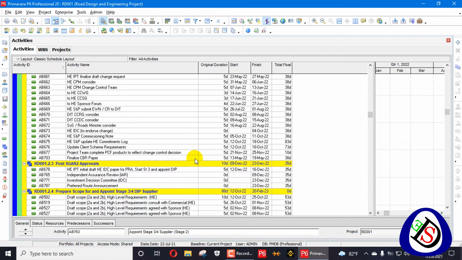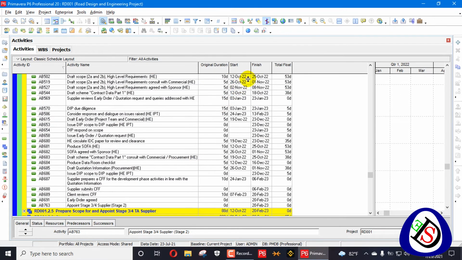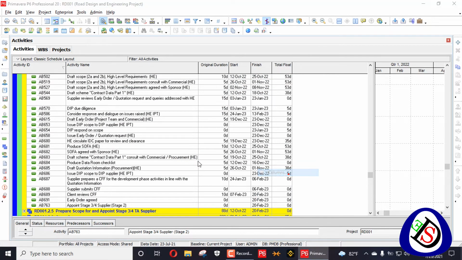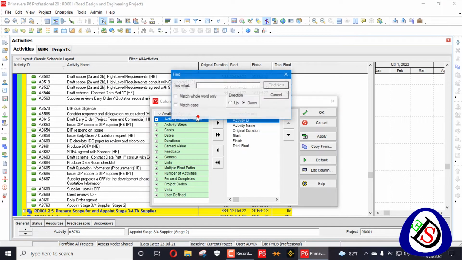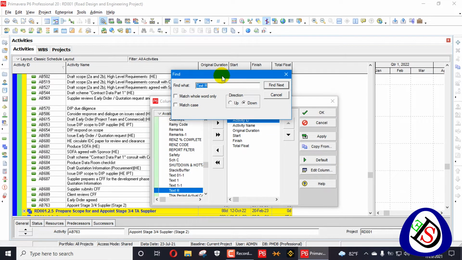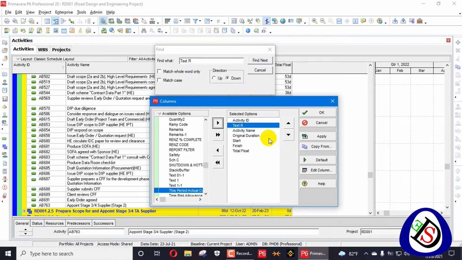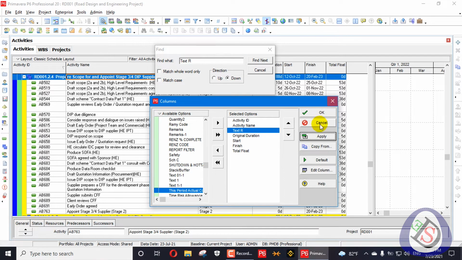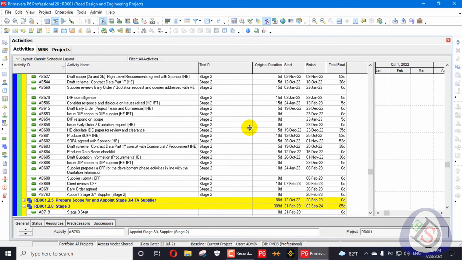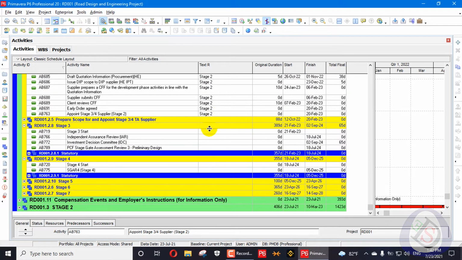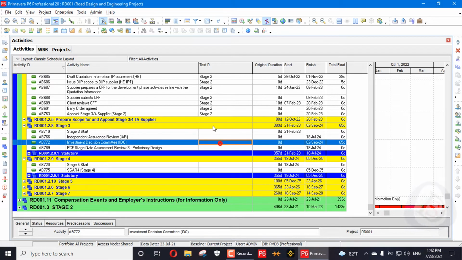So if for example you remove any activities from here, go here in the column and you have to add that Text R again. I needed Text R here, and now go here, apply, press OK. So if you add Stage 2 in there, it will also appear. This activity with Stage 3 start will also appear here.